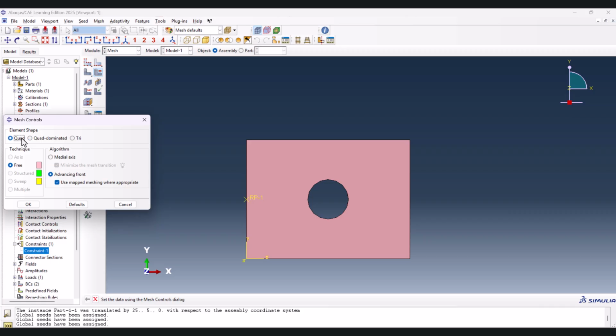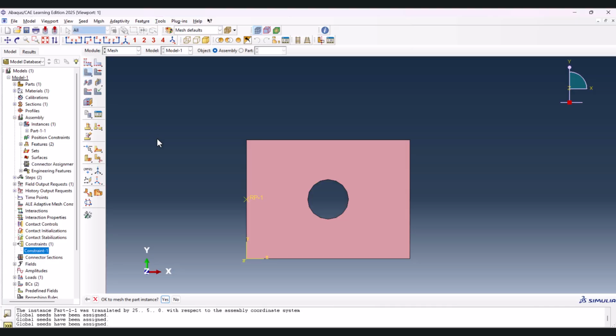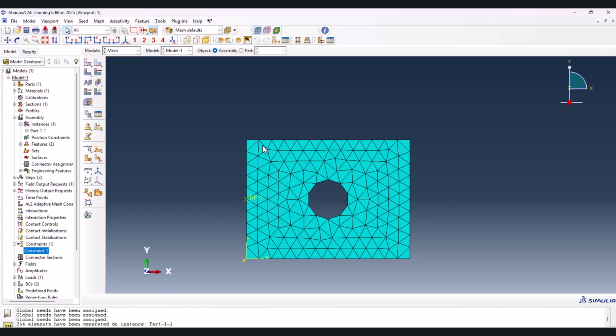We can have quad, we can have free medial axis. So let's have quad. We can have quad dominant, we can have triangular. If you take a look at them, I mesh it. These are triangular meshes,